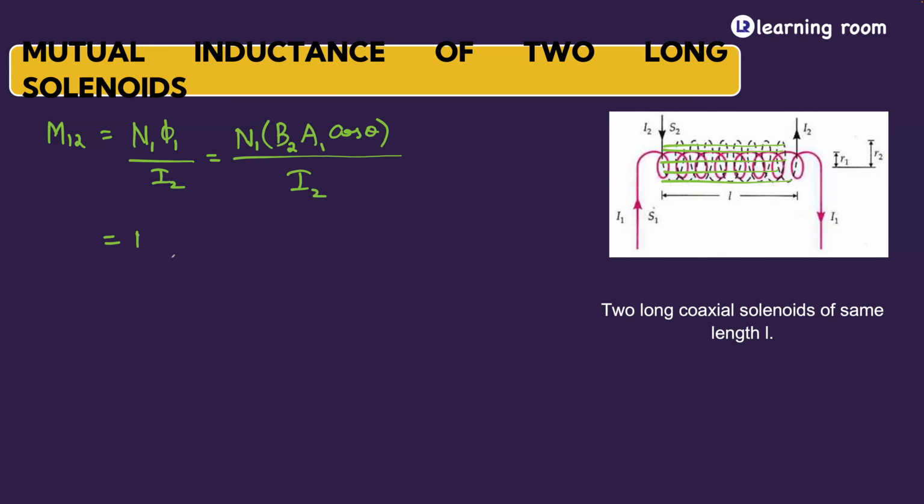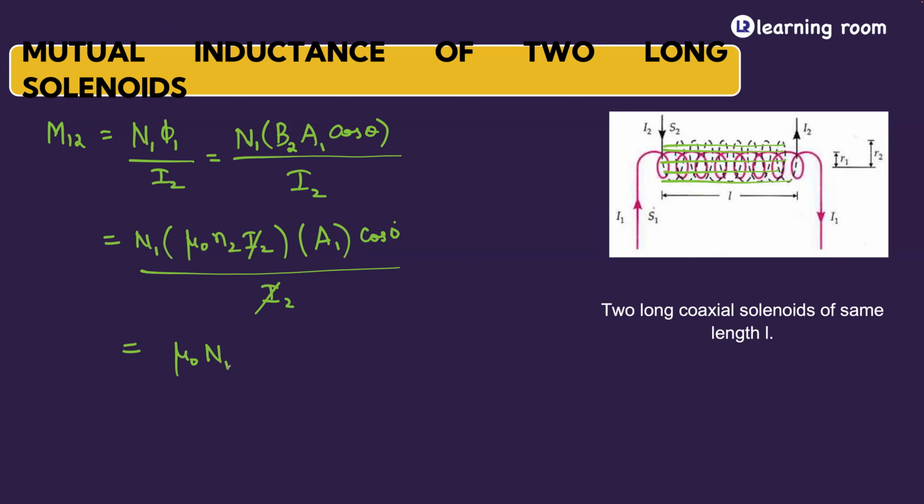So this will be equal to N1 into, what is the value of B2? Mu naught into N2 into I2 into, what is going to be the value of A1? Okay, A1, I leave it as it is. So cos of 0, the whole divided by I2. So I2 and I2 will get cancelled. So what are we going to get? You will have mu naught capital N1 into small n2, I can write it as capital N2 by L, into A1 left as it is. So mu naught N1 N2 into A1 divided by L